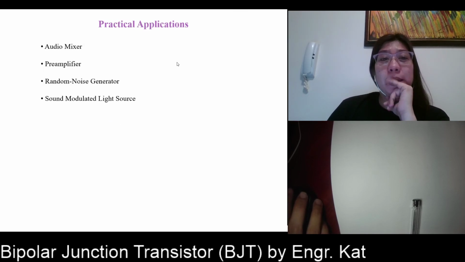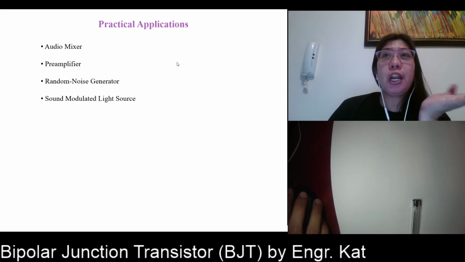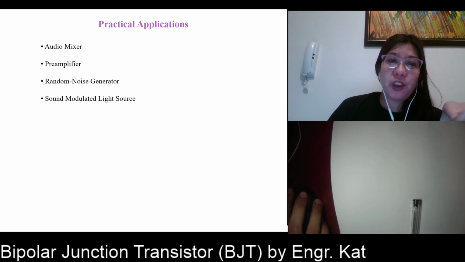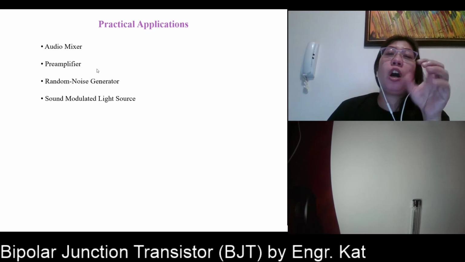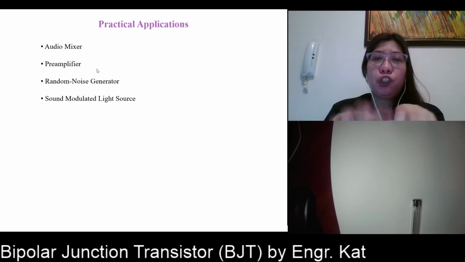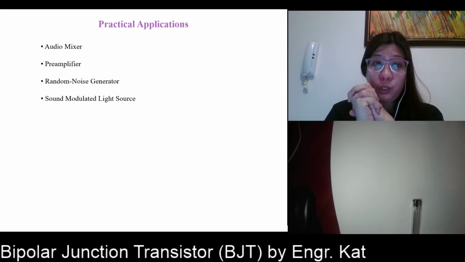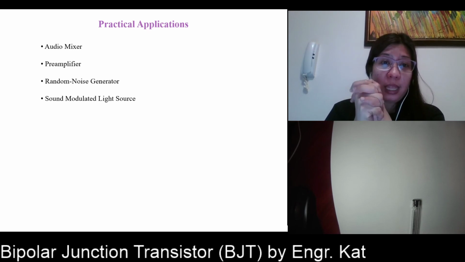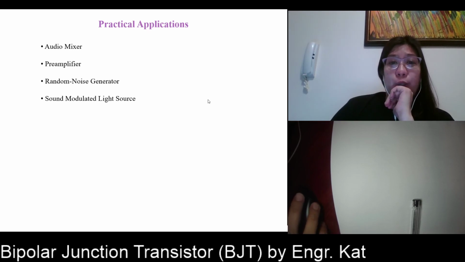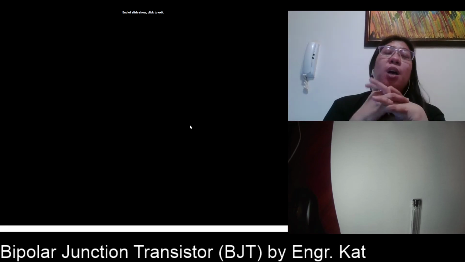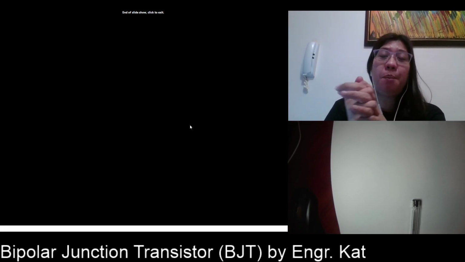So practical applications: audio mixer. So you have preamplifiers. Usually preamplifiers are used to couple or to match impedances. Okay, so that will also be taken in Electronics 2. Random noise generator and sound modulated light source. Okay, so that concludes our topic for